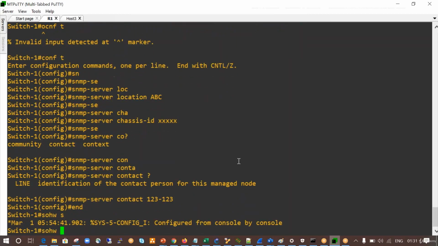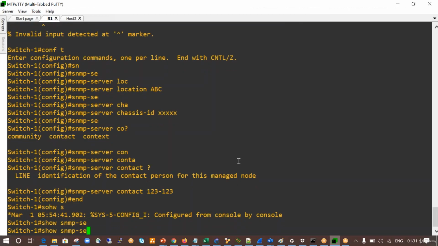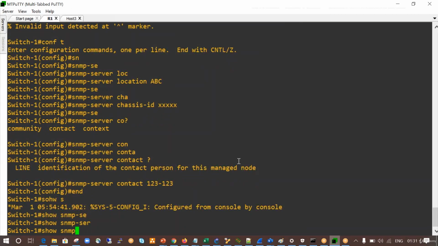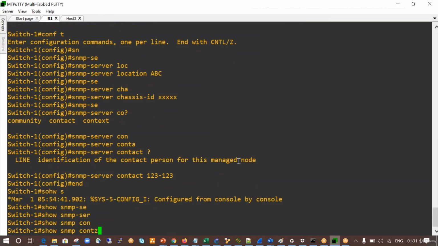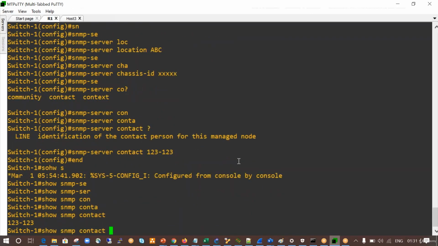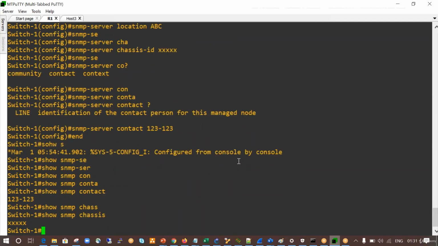Now you can check show SNMP contact or something. So these things we have seen. You can check the contact and the chassis ID, etc. What configuration have we done so far? Show run section SNMP.